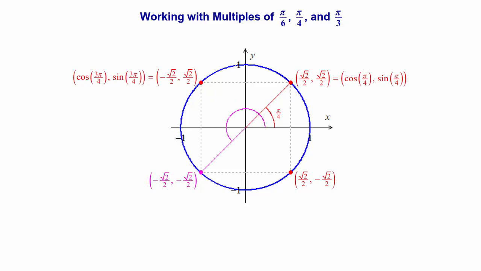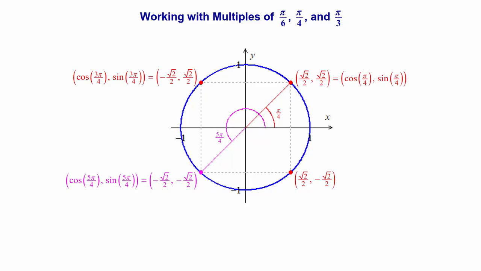So we know the coordinates of that point. We just need to figure out what angle specifies it, and then we'll know the sine and cosine values of that angle. Well, this angle is a half revolution, that's pi, plus this last part here, which is pi over 4. So we'll take pi and add pi over 4 to it, and we'll get 5 pi over 4. That's this whole pink angle there that takes us down into quadrant 3. And so now we know that the coordinates of that point represent the sine and cosine values of 5 pi